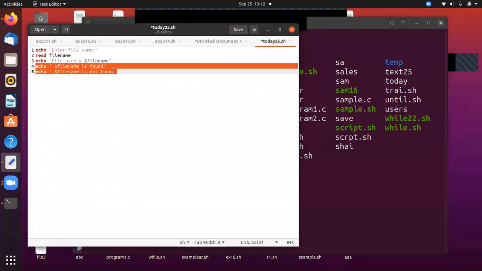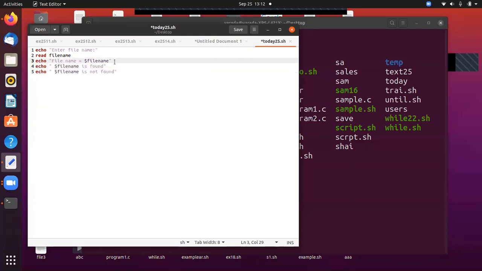For that we are using branching. How? If, hyphen f and give the file name, then you print the file is found. Otherwise, that means else, you print the file is not found, and we terminate the if statement with fi.